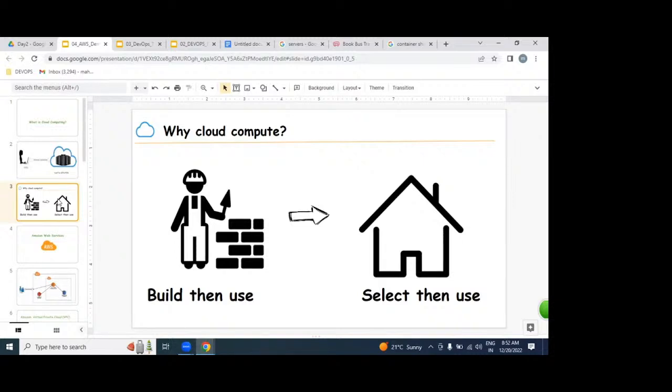After reaching the railway station, where do you park the car? A lot of issues. Instead, if you book an Ola cab, within 10 minutes the car is available at your doorstep without worrying about all these things. For reaching the railway station, what is the tariff you pay? Maybe 300 to 500 rupees. So instead of spending 10 lakhs, are you going to spend 500, which is easier for you?